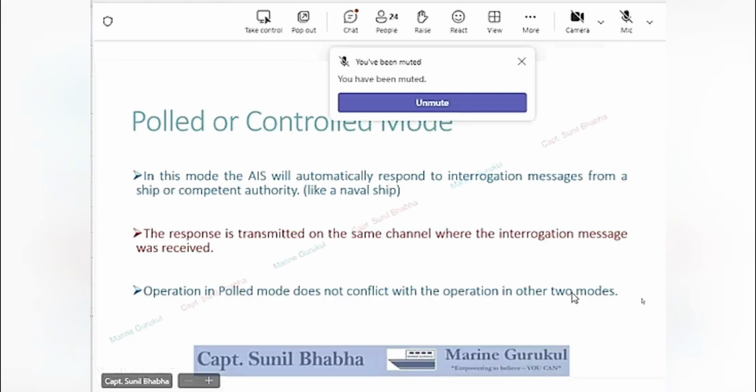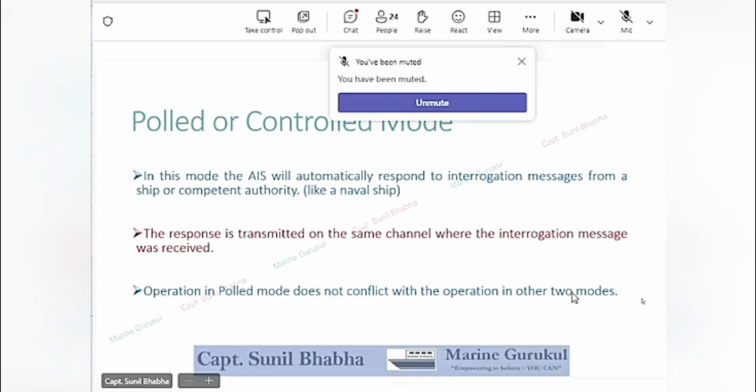Now, what does this mean? This basically means that if there is a competent authority which wants to capture the AIS data of a ship, it could be a shore station, like at many places you have military naval stations which collect the data. Like say, for example, India at our southernmost tip at Indira Point, we have a station which captures the data of the ships which are moving in that area. So they do not have to get the data from the normal mode of operation.